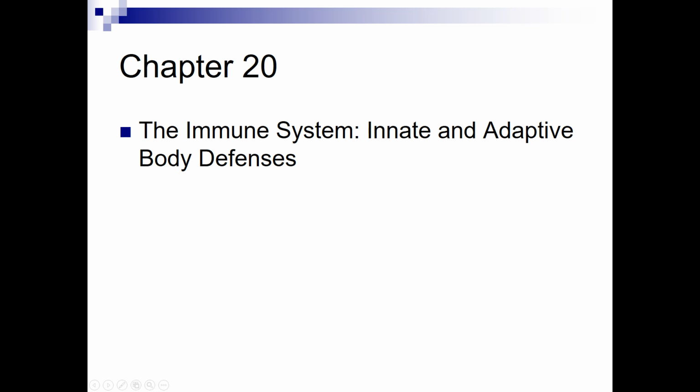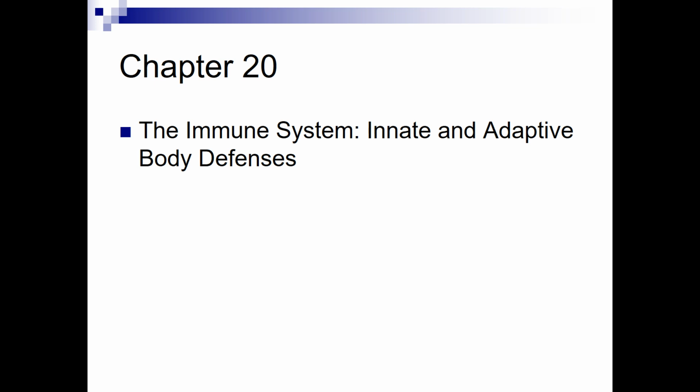I think that I've really gone over how immunity works. I went through the lymphatic system, but here's going to be a quick overview over the entire immune system, both the innate and adaptive body defenses. So innate are those that do not react in particular to any antigen. An antigen doesn't trigger their action. They are already there. They are already doing their job regardless of what is trying to get into the body,